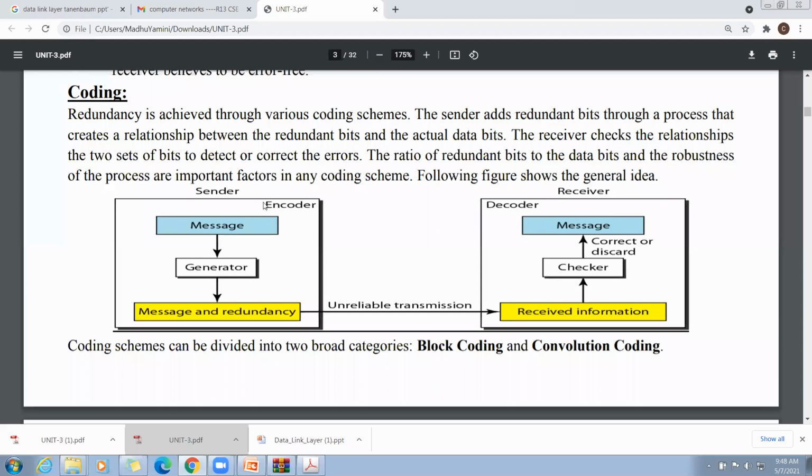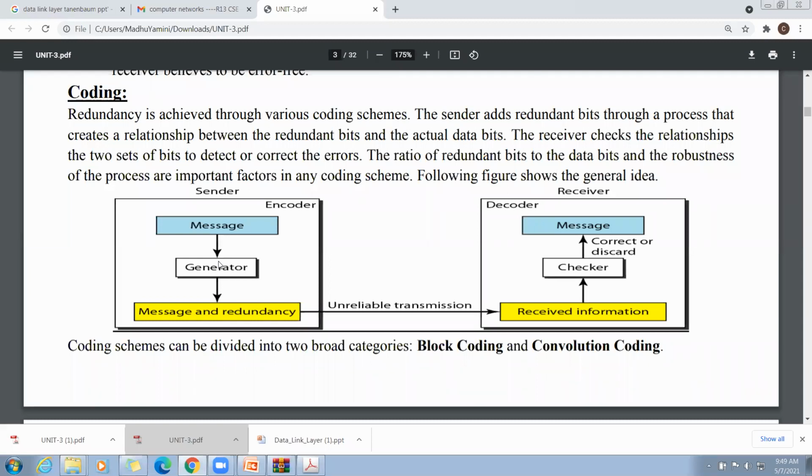Here, see, this is the sending machine and this is the receiver. This is the original message. At the sender side we are using an encoder, at the receiving side we are using a decoder. To this original message, by using the generator, what is the responsibility of the generator here?